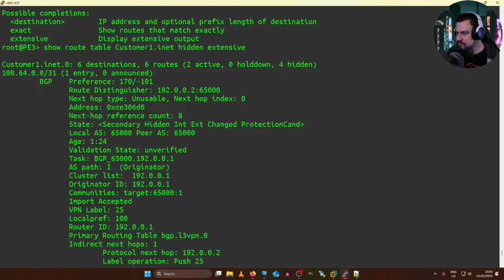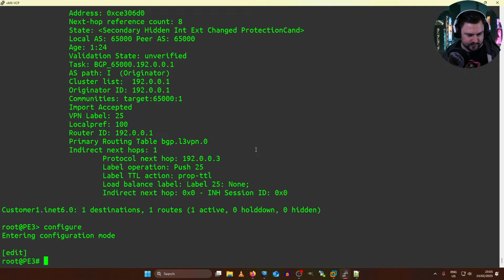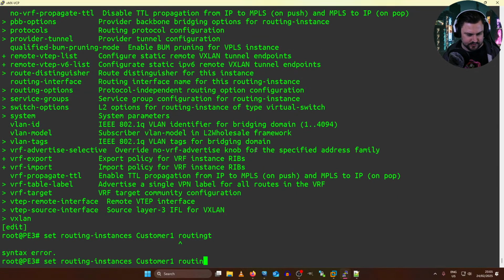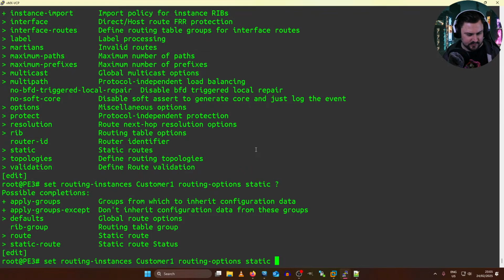But something I might find cool is if this Juniper's routes are being advertised to the other devices. I just want to add a static route as well. So configure set routing-instance customer 1 routing-options, and then I can add a static route.